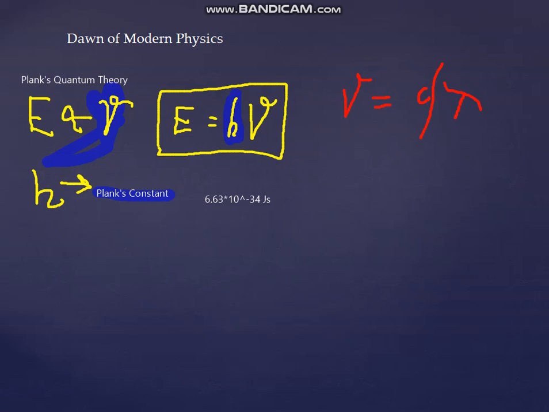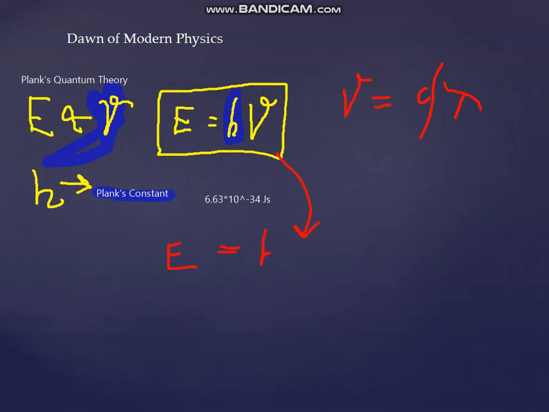We can just put this in place of mu in this box here. So how would we write that? We'll write that as E is equal to